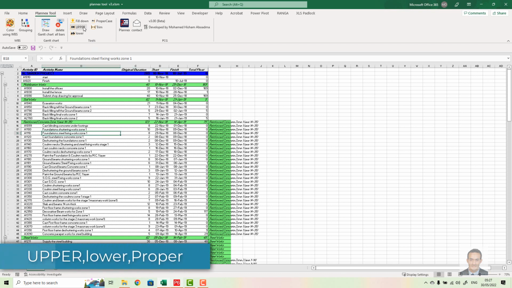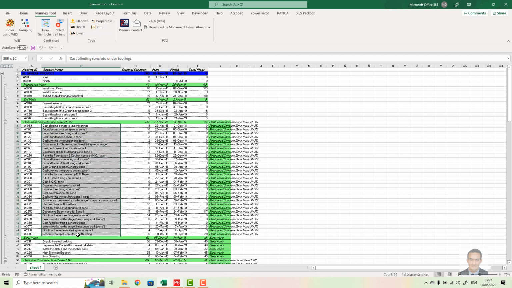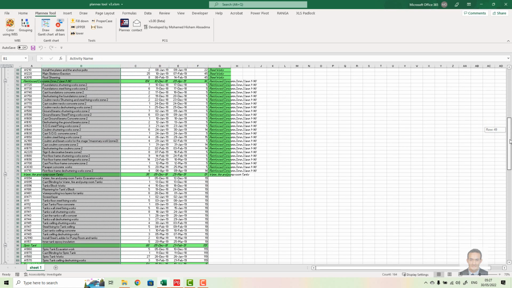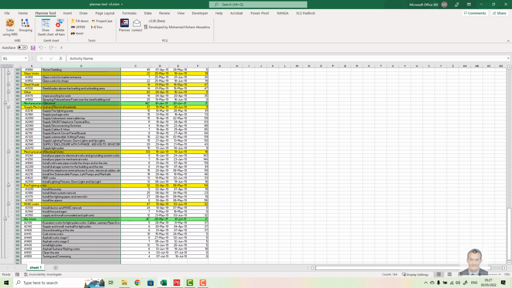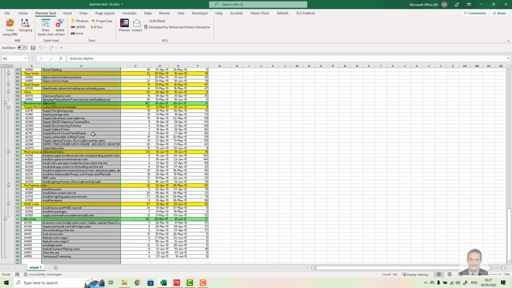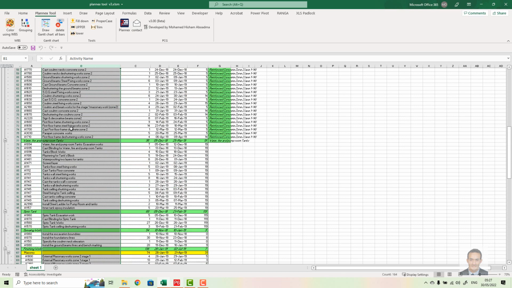The next tool is the uppercase, lowercase, and proper case. From its name, it's clear. Here, if you select all, you will get a message, please select a specific area. Because if I select the whole column, it will try to make all the letters capital, even all of those, so it will take too long to process.